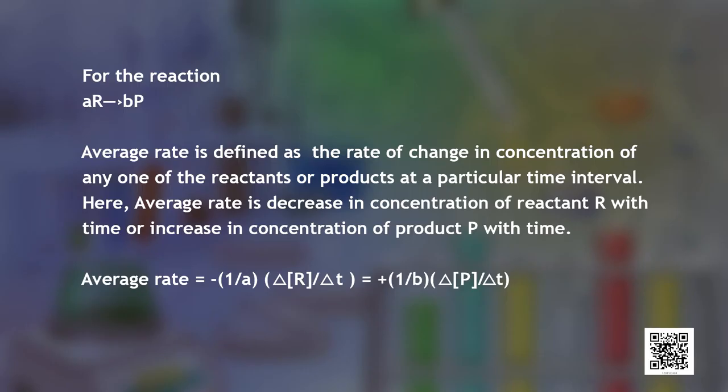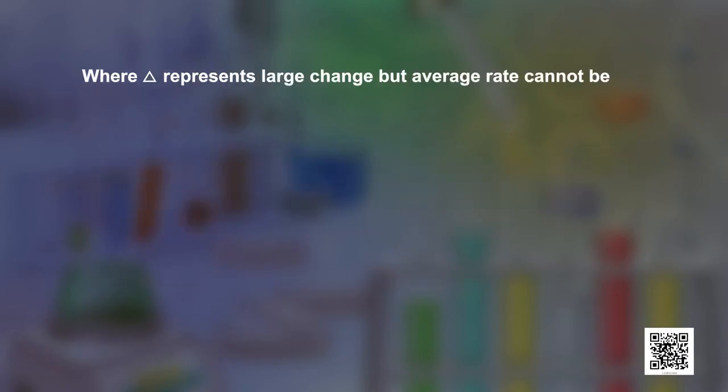Average rate equals minus change in concentration of R divided by delta t multiplied by 1 upon A, equals change in concentration of P divided by delta t multiplied by 1 upon B, where delta represents large change,